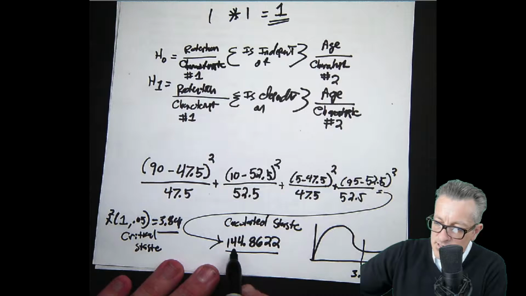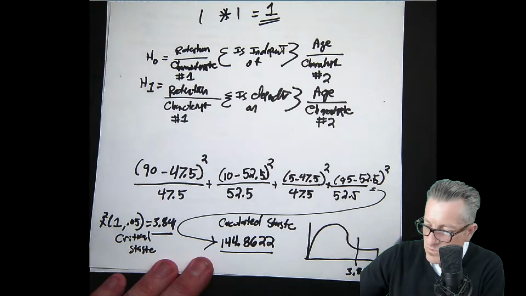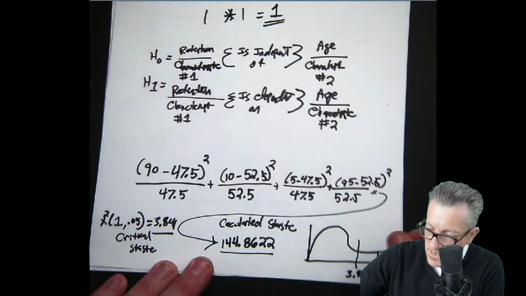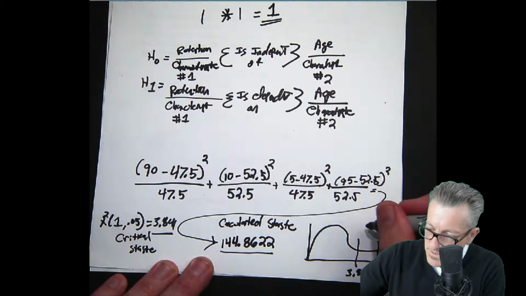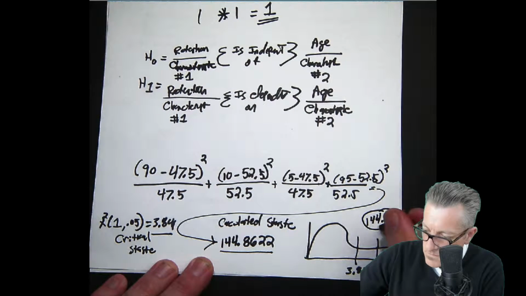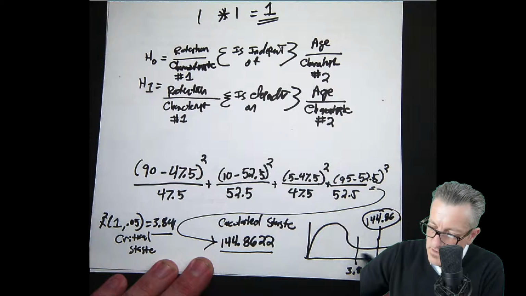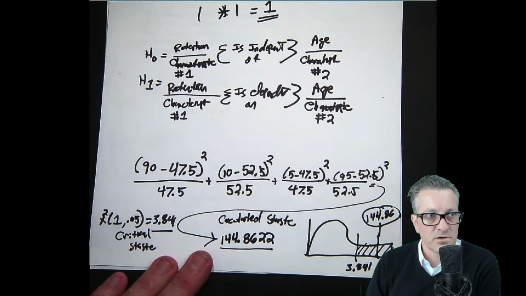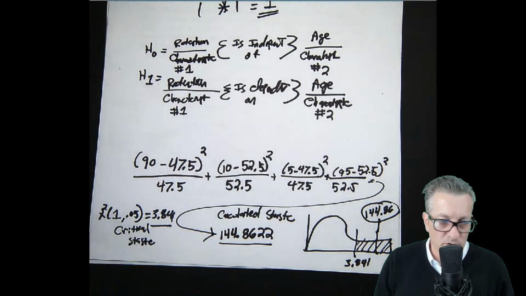Well, in this case, 144.86 would be way out here somewhere, but we'll just use this line that's already here. We'll say that's 144.86. So in that case, it is in our rejection zone, and if it's in our rejection zone, we reject,